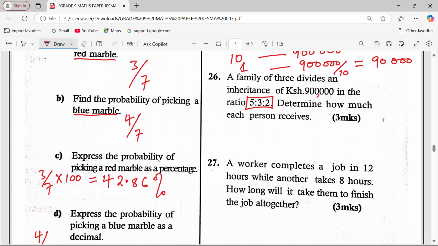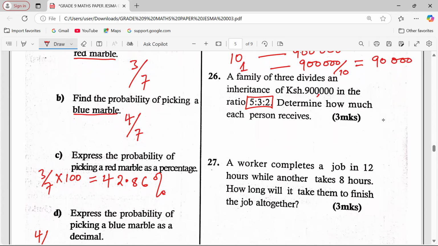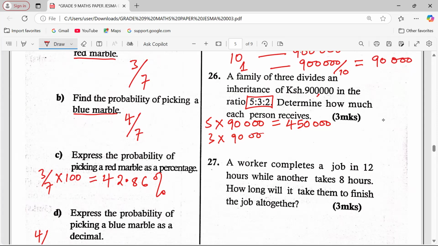Look at the question now. Determine how much each person receives. The first person will receive 5 proportions. Each proportion is 90,000 Kenya shillings. So this person will have 450,000. The second person is going to receive 3 proportions, and each proportion is 90,000 Kenya shillings, which means he's going to receive